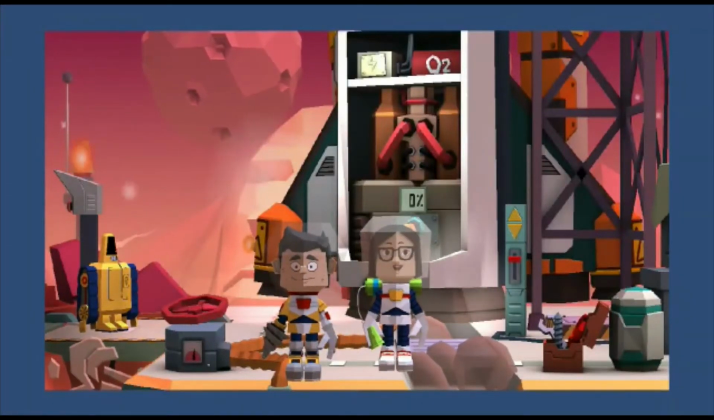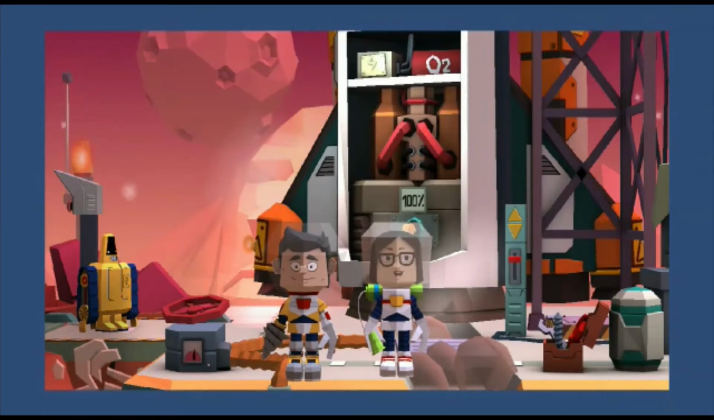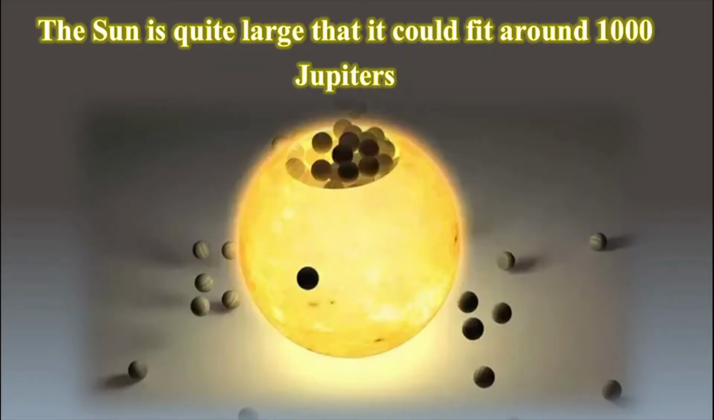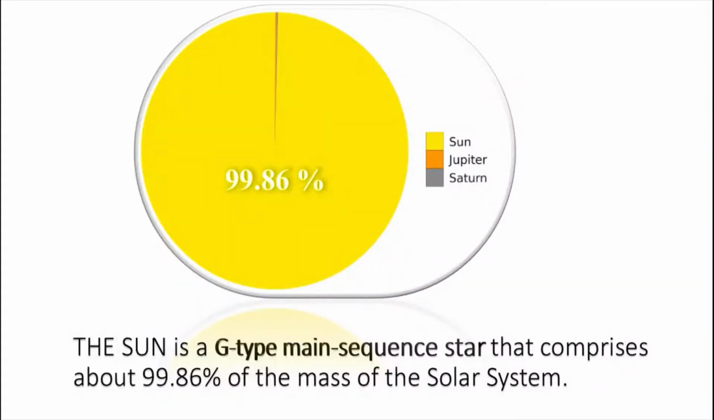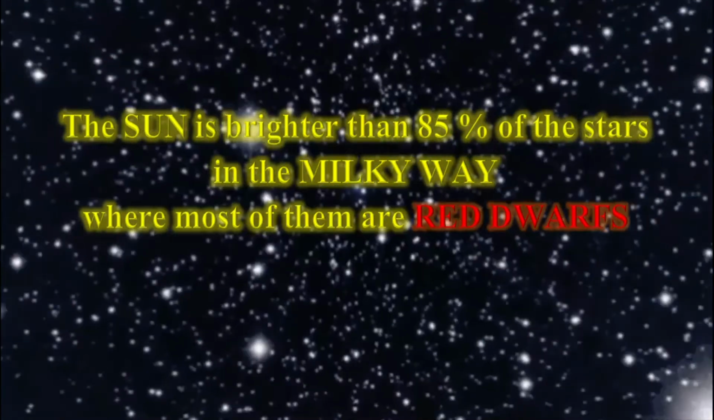That means if Jupiter was the size of a basketball, Earth would be the size of a grape. But Jupiter is much smaller when compared to the Sun. The Sun is so large that it could fit around 1000 Jupiters. The Sun. The Sun is a G-type main sequence star that comprises about 99.86% of the mass of the solar system. The Sun is estimated to be brighter than about 85% of the stars in the Milky Way, most of